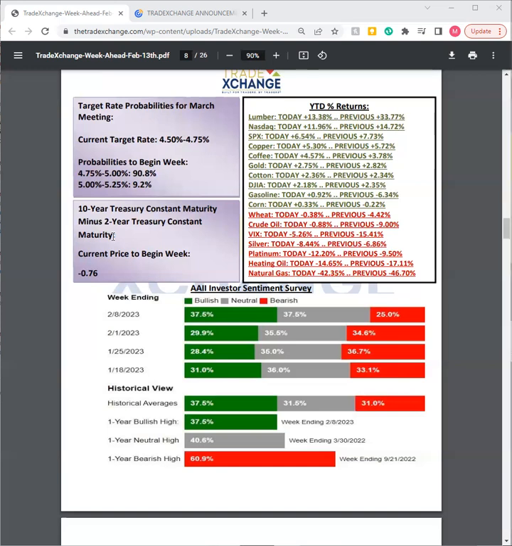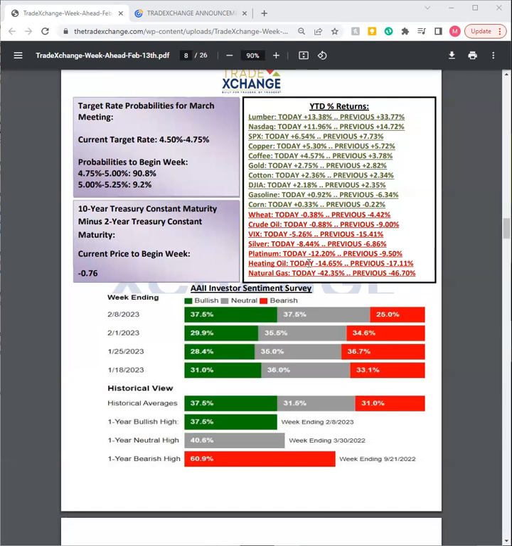Taking a peek at your year-to-date returns, lumber took a little bit of a hit this week, down about 20%. We saw not much action in regards to markets, down a few percent here and there. Coffee with a small uptick. We did see some strength, though, in gasoline, up over 7% for the week. Crude oil up about 9% for the week.